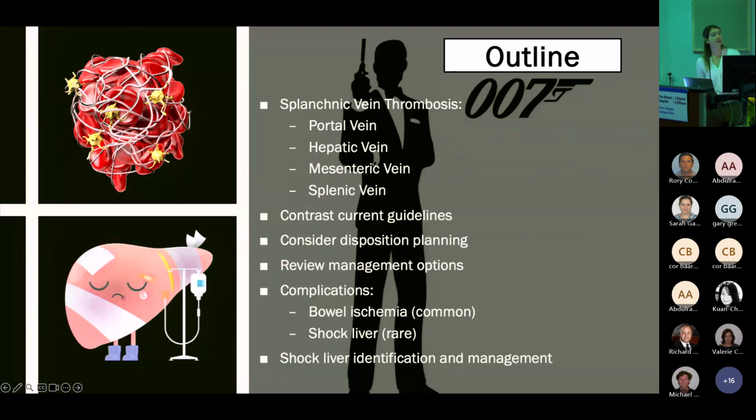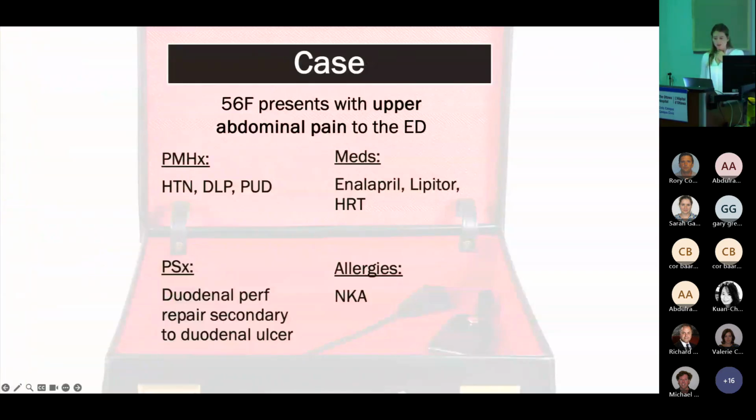So some of the more common ones being bowel ischemia, and then some of the more rare complications such as shock liver. And then we'll touch on shock liver a little bit, touch on overview, identification, and management. So let's start with that very case that inspired my interest in this topic. It's a bit of a journey to go all the way through, but we'll go through it step by step